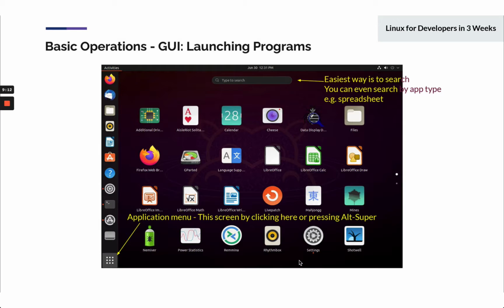So if I just generally type what it is, like browser, for example, it'll show me Firefox and Google Chrome or whatever else I have installed on the system as options. So the search I find is being pretty useful. And by the way, I don't know if it's all GNOME